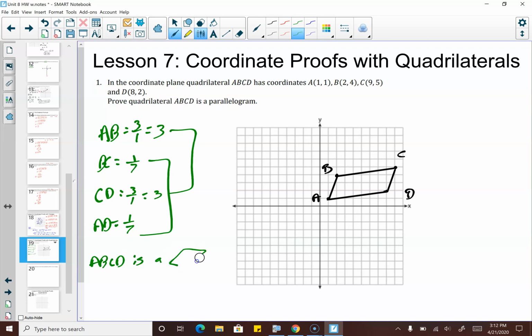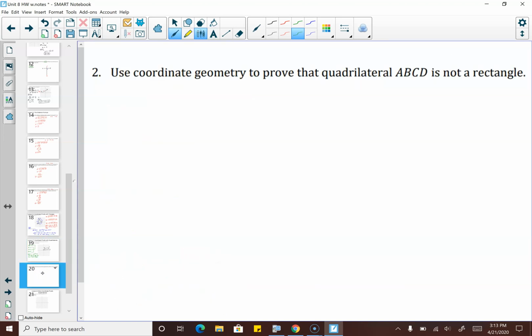That's an awful parallelogram, because both sets of opposite sides are parallel. All right, and again, how do we get that? Same slope. So now, number 2 is actually a continuation of this, using coordinate geometry to prove that this is